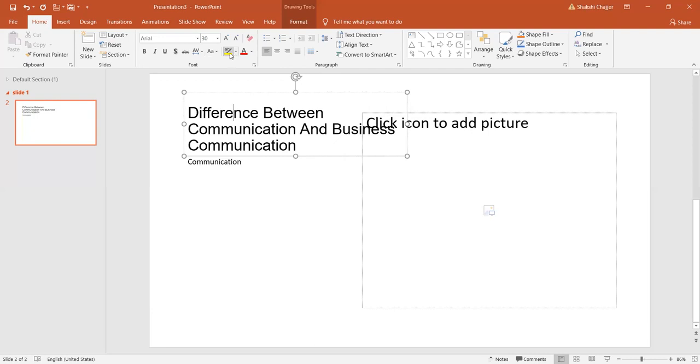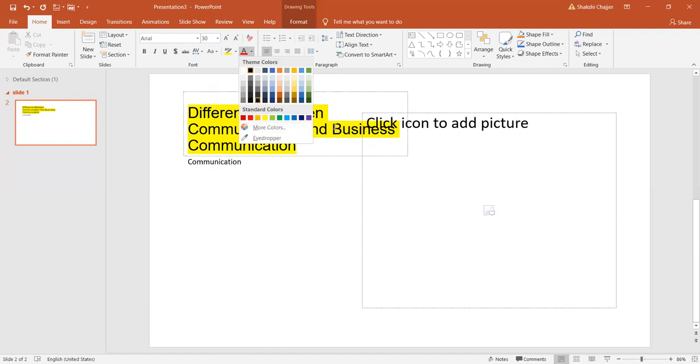If I click on text highlight color, the text will get highlighted. Whichever text I want to highlight, this way I get a pen. If I select this, it will get highlighted. Once this work is done, I just press escape and the highlighter is gone. Now if I want to change the color of the text,